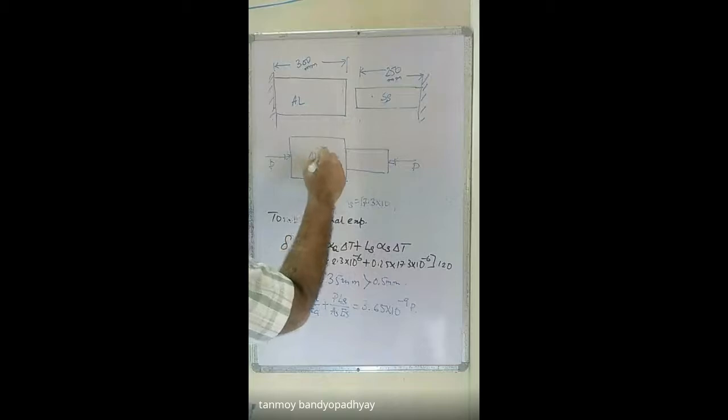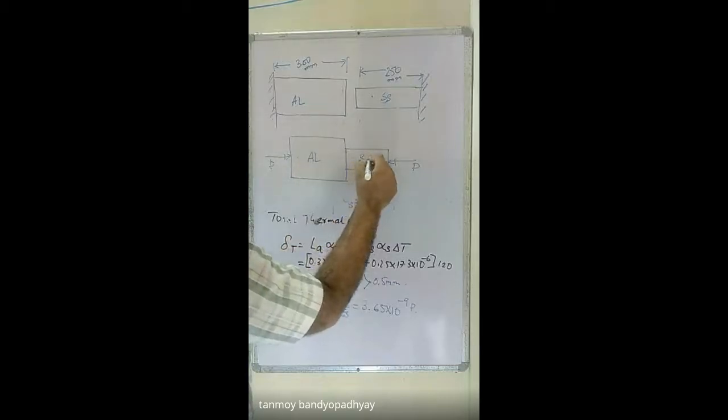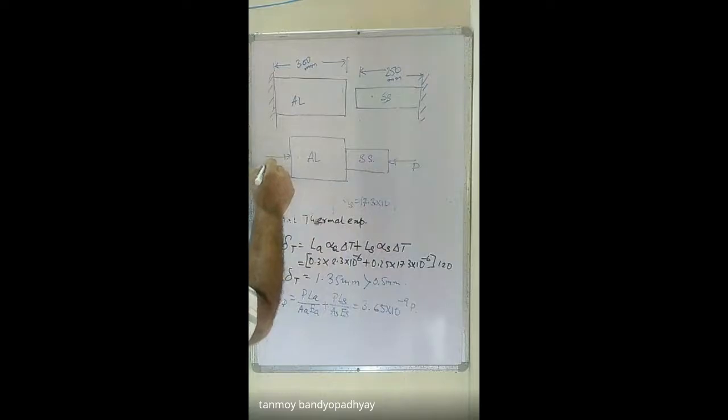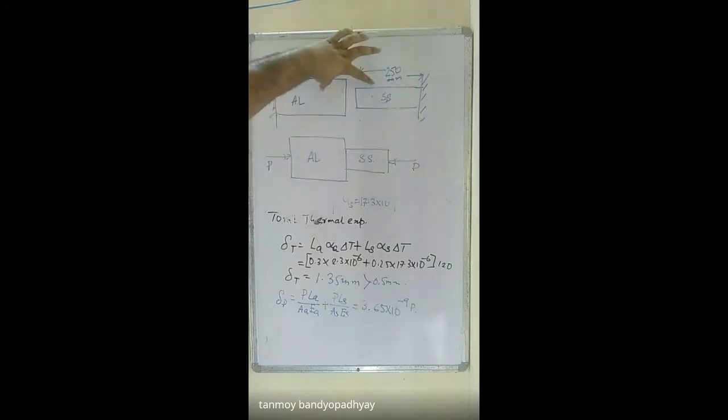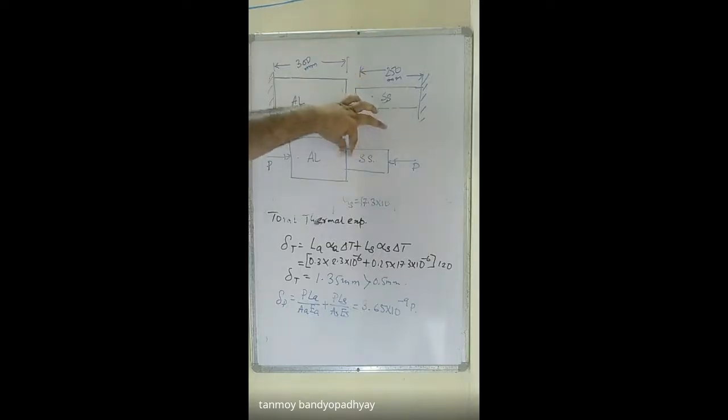So this is the final system that gets developed after the expansion. So there is an expansion. So a duto system, they are free to expand on the same side actually. It left side, this is on the right side. So that is why a time will come when they will meet each other. So once they start expanding, they will meet each other and then they will start developing compressive forces on each other, so that the entire system gets in compression. So this is the force P. That is the resultant compressive force after the gap has been filled up. বুঝা গেছে? এই ফোর্সটা কিন্তু P এক্সিস্টেন্স হচ্ছে only after the gap has been filled up.